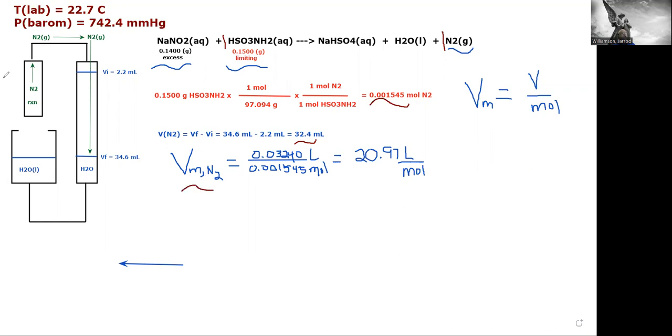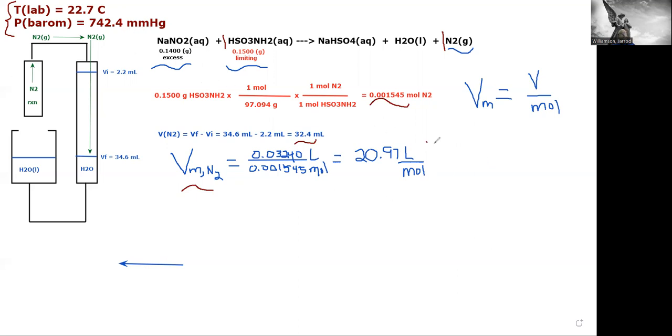But that's the molar volume when this lab happened to be, just hypothetically, at a temperature of 22.7 degrees Celsius. And the barometric pressure, the atmospheric pressure that day, measured with a barometer, is 742.4 millimeters of mercury. So in part 2, we're going to want to convert,